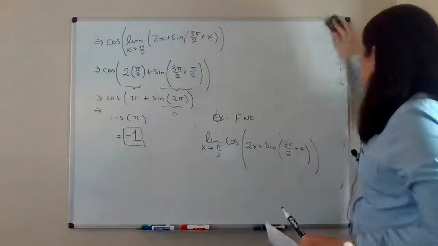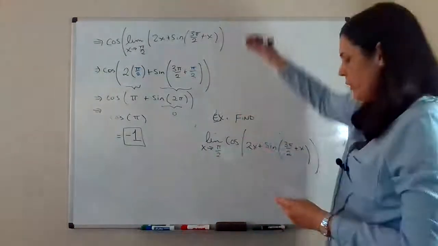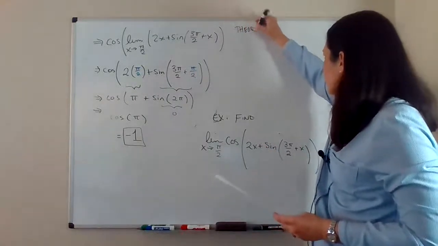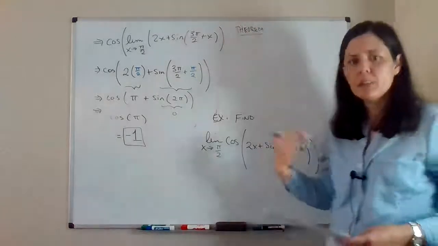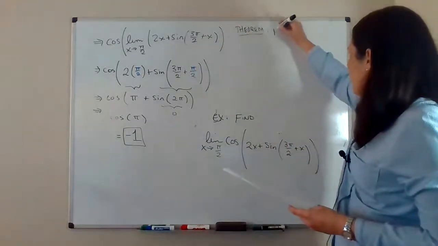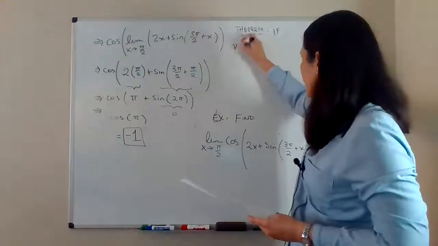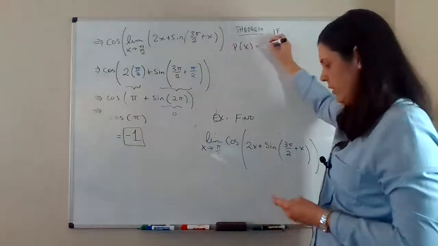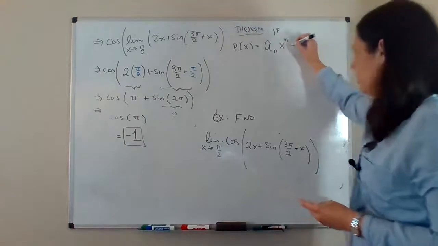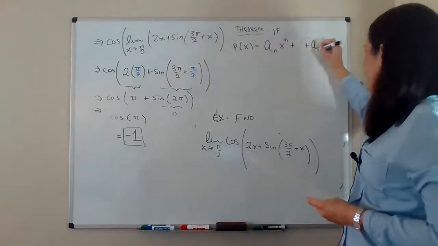Okay. So these facts are really intuitive or straightforward, but I do want to mention them to you really quick. So we have just a couple of theorems. A theorem is like a statement that's been proven mathematically. And the first one is, if we're going to talk about a polynomial, I'm going to call it P. P of x is a sub n times x to the n power plus